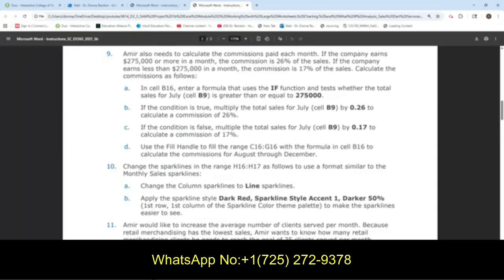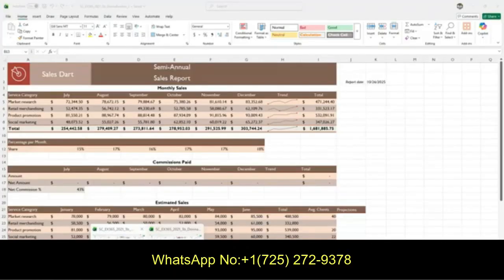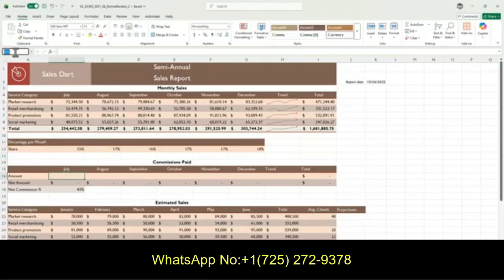Okay, so going back to the start file. First, we're going to select, okay, so I believe it's B16. So B16, where's B16? So here's the B16. See here, B16.